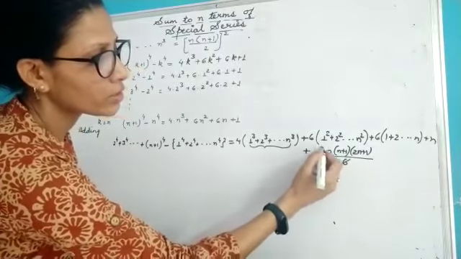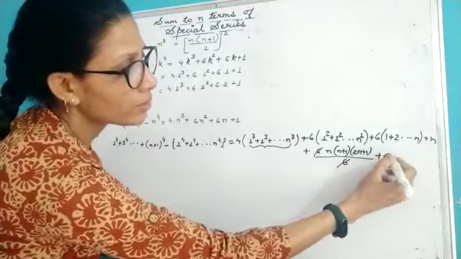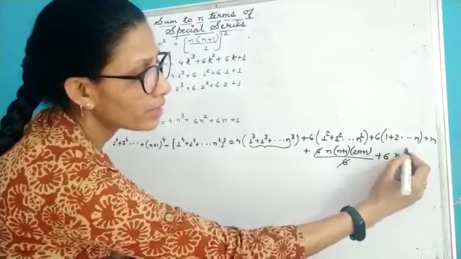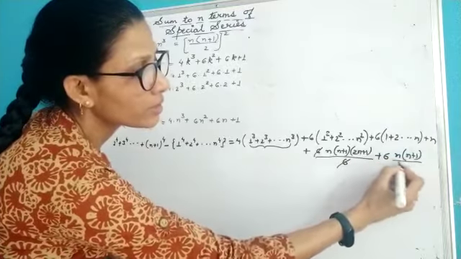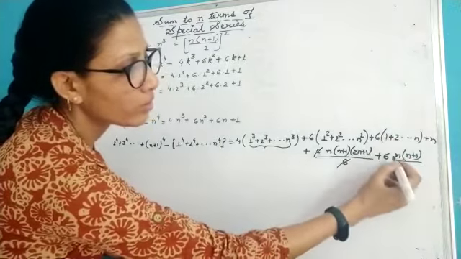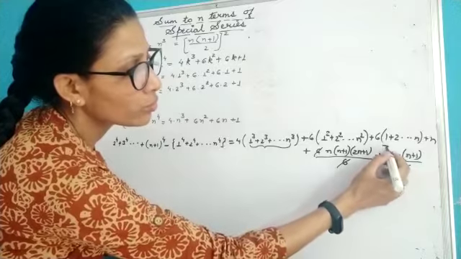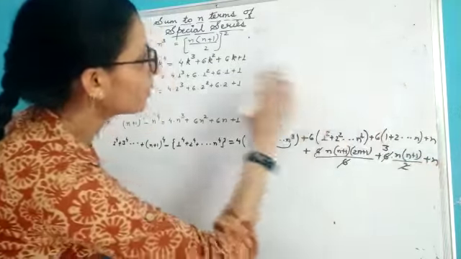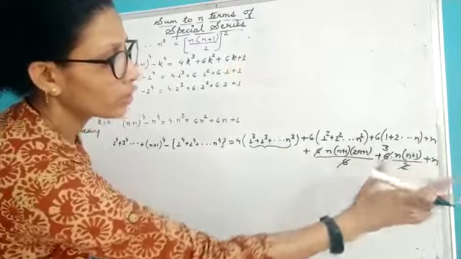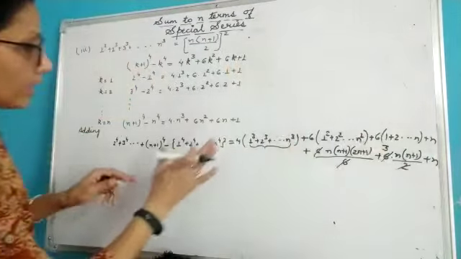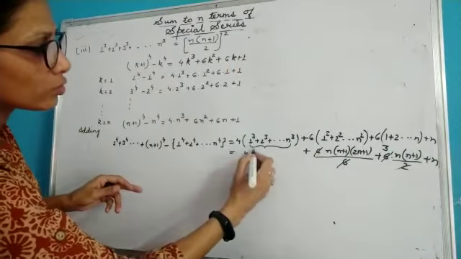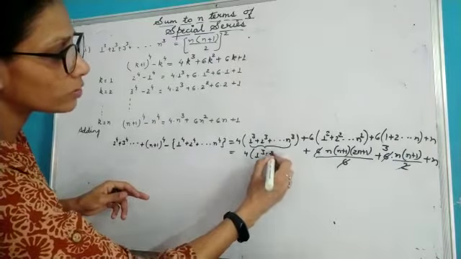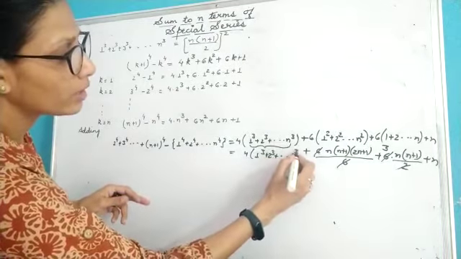So 6 and 6 gone here. Plus this can be replaced as n plus 1 by 2, because this is the sum of n natural numbers. So 2 1s are 2, 2 3s are 6, and here n. 1 times n gives you n. So this is the thing I am left with. Let's see. This will be as it is over here. This will be 1 cube plus 2 cube plus and so on till n cube.